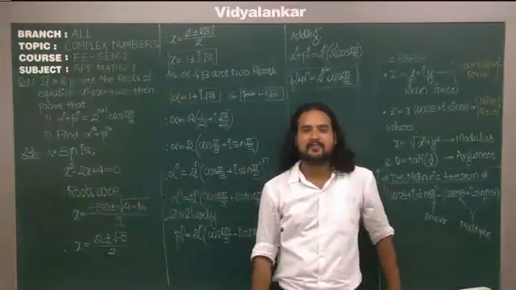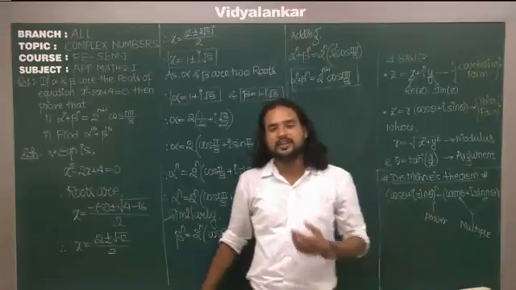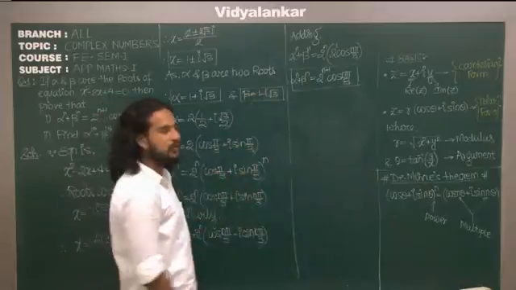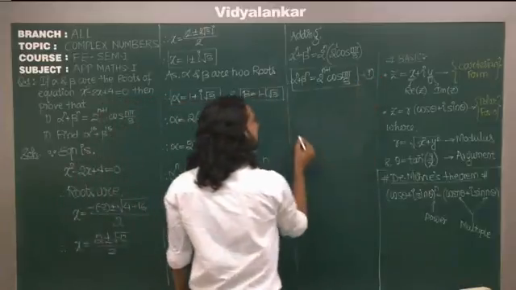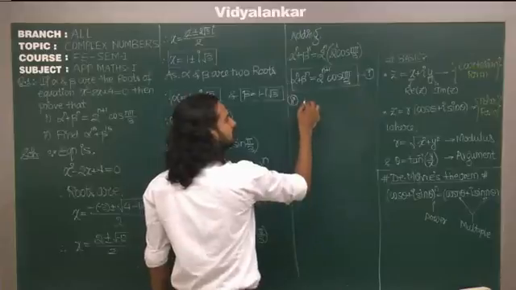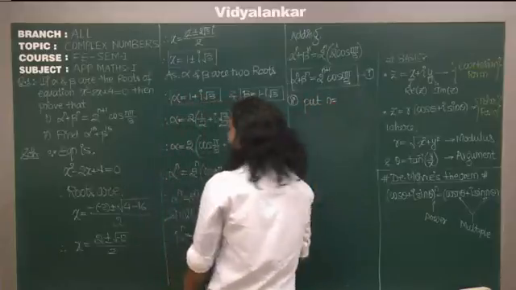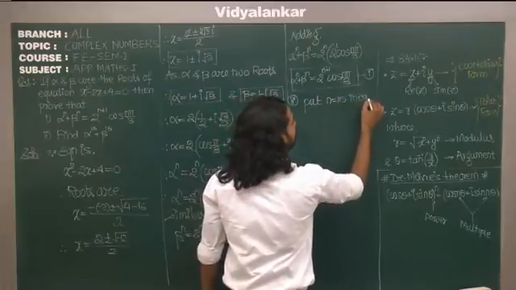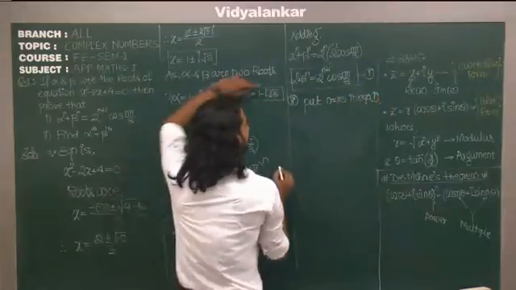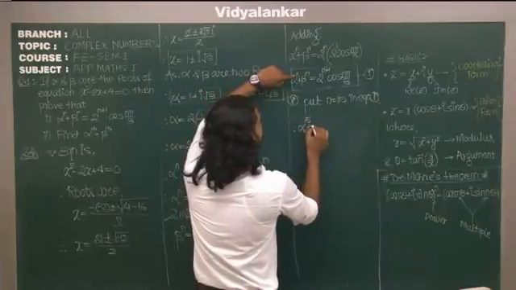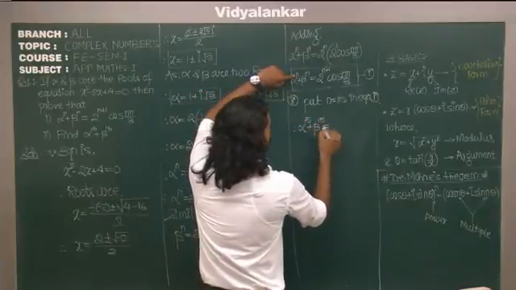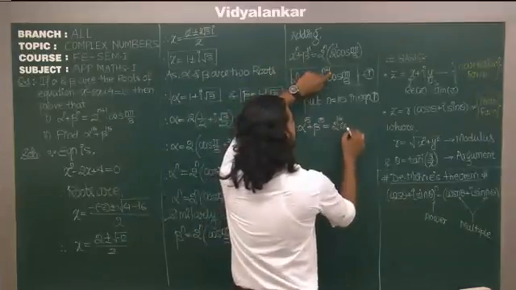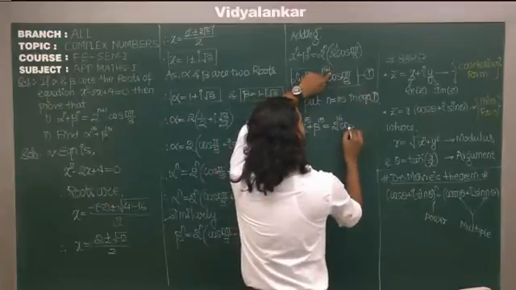Secondly, they are asking you to find alpha raised to 15 plus beta raised to 15. Do we need to worry about it? Not at all. If you know alpha raised to n plus beta raised to n, your first proof is done, first question is done. For the second one, what I'll be doing? Simply put n as whatever they are asking, n as 15 in equation 1. So what do we get? Alpha raised to 15 plus beta raised to 15 will be 2 raised to 15 plus 1, 16 cos, now